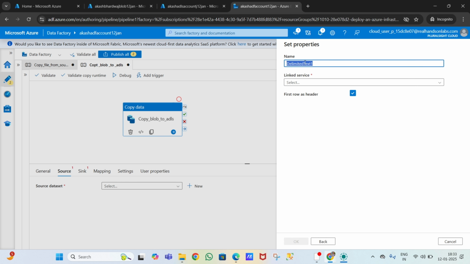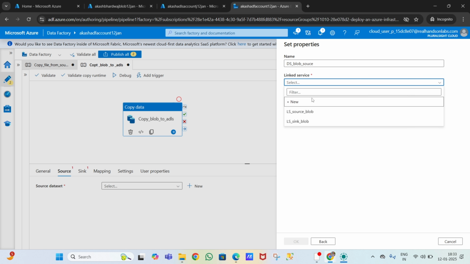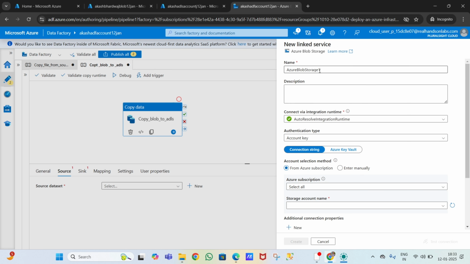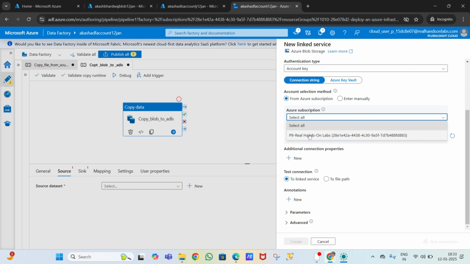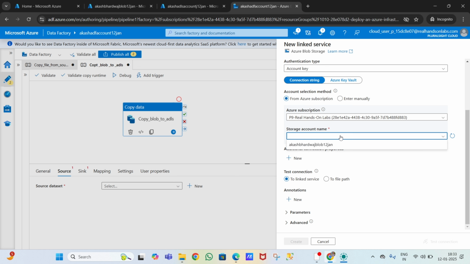Here we will create a dataset, as I already told you, a dataset for the blob source container, and the linked service we will create new. Linked service blob source. Okay, and for the Azure subscription we will click my Azure subscription and select the blob storage account here.